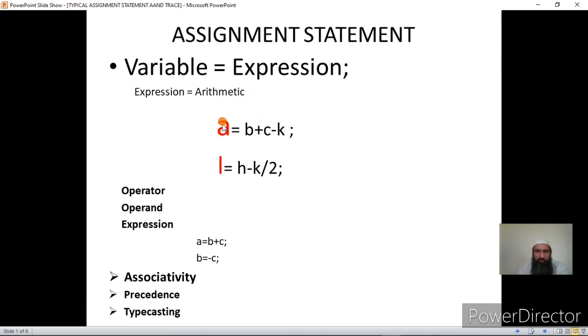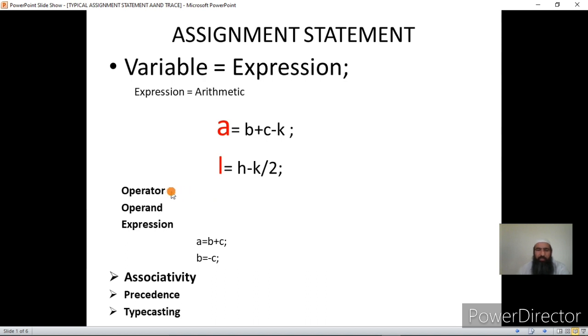And if we print the value of a variable on the LHS side, after the expression statement, that is after the assignment statement, we will get the value that is stored in A, that is the result of the operation on the RHS of the assignment statement. I hope it's clear. Now, there are certain other concepts related to operators,